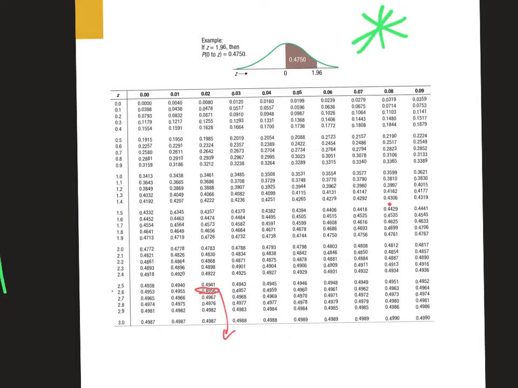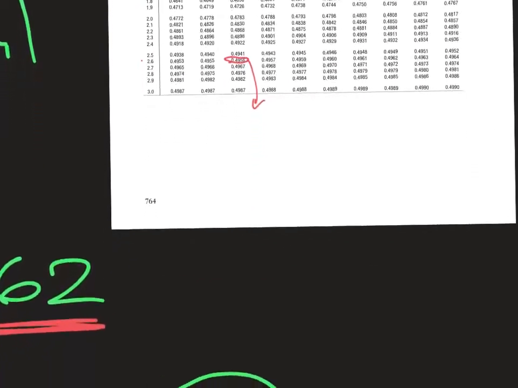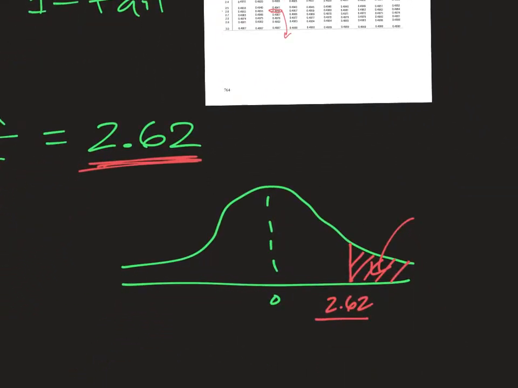Of course that's not yet our p-value, because 0.4956 is in fact this region here. The p-value that we're looking for is the area in the tail, and to find the area in the tail we would just do 0.5 minus 0.4956,